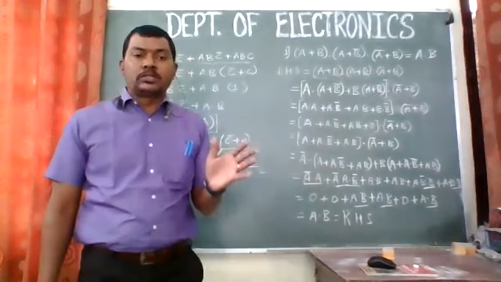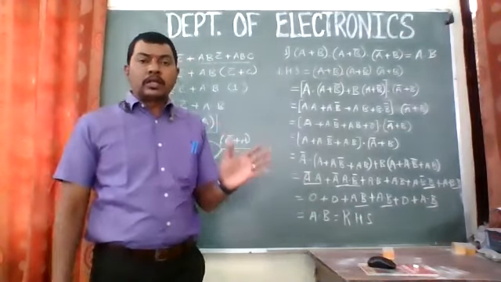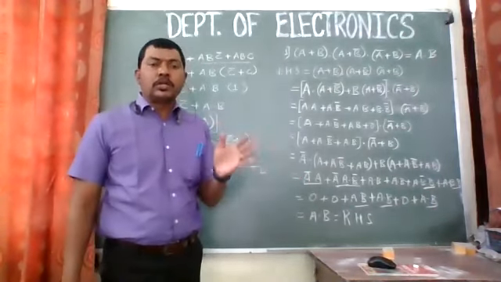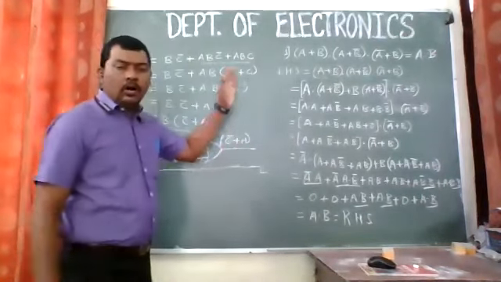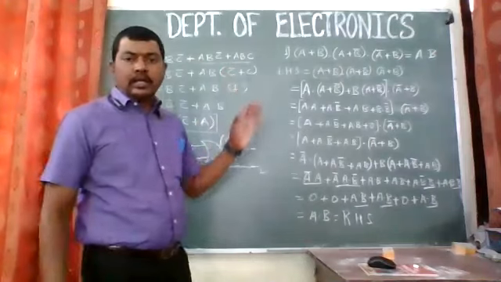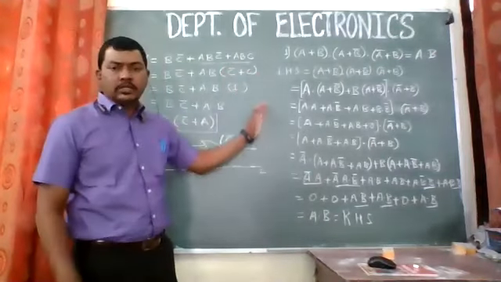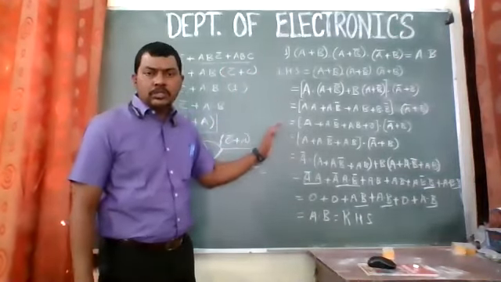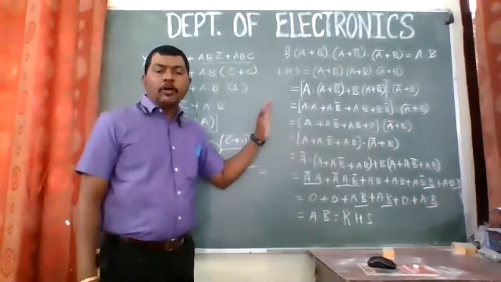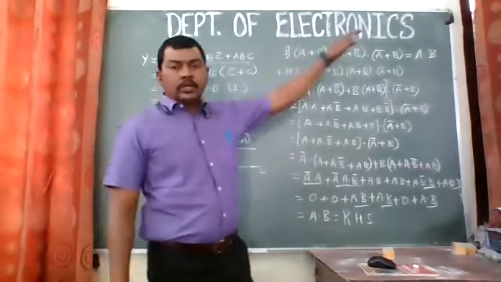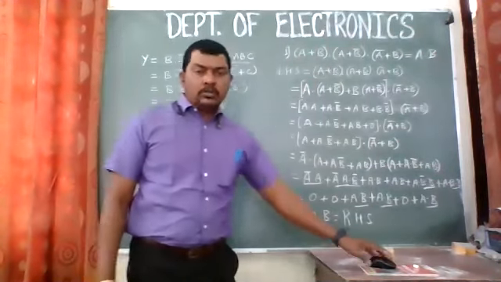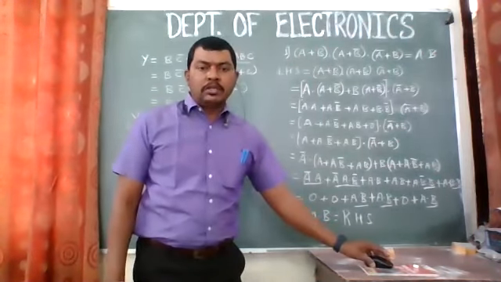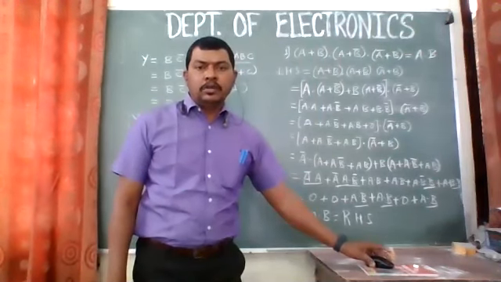Those laws you have to remember, those 6 laws which I have taught you in the lecture number 18, and I have uploaded that lecture on my YouTube channel also. So those all explain the Boolean laws. I guess you have understood how to simplify this equation. Have you understood this equation? How I simplified, how I proved this left hand side equal to right hand side. Is it okay? Do you have any problem in this?